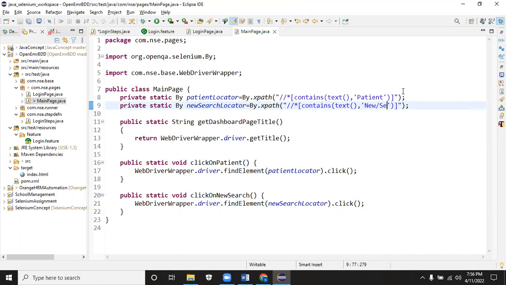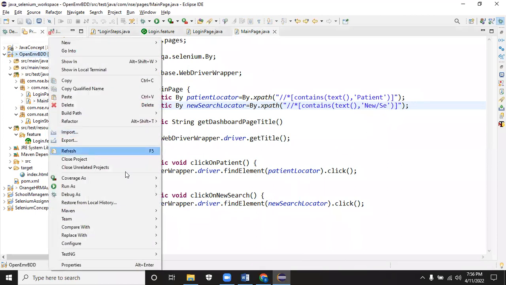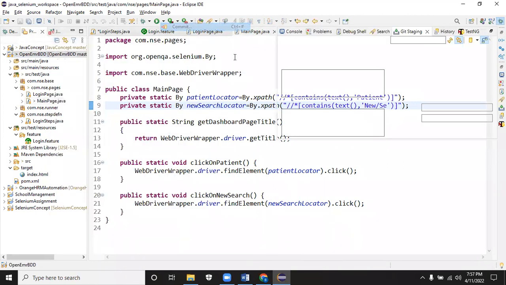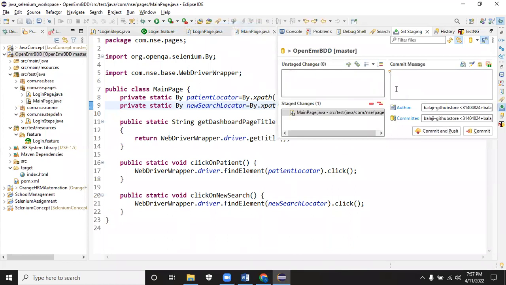Okay. So is it clear for you till this? And these methods we'll be trying to create and keep. And when we come across those step definitions, we'll call these page objects. Yes. Okay, now